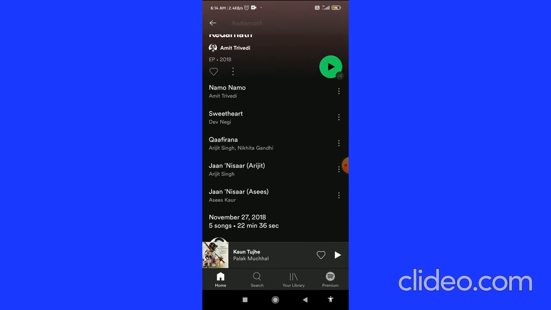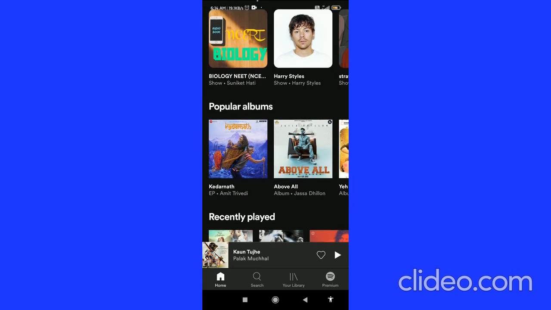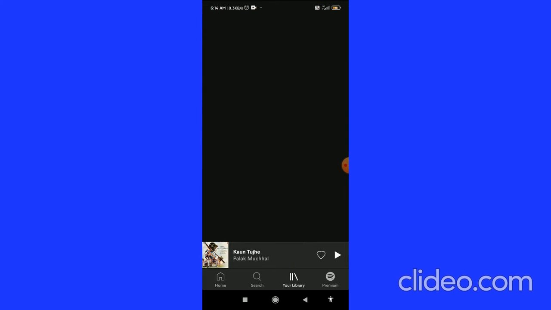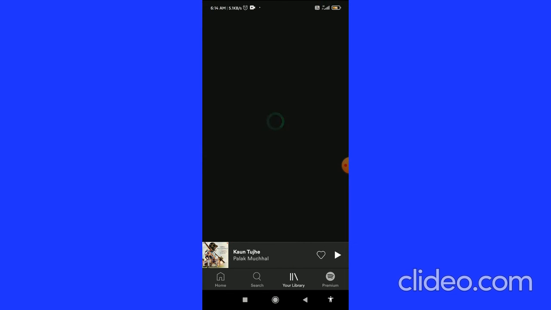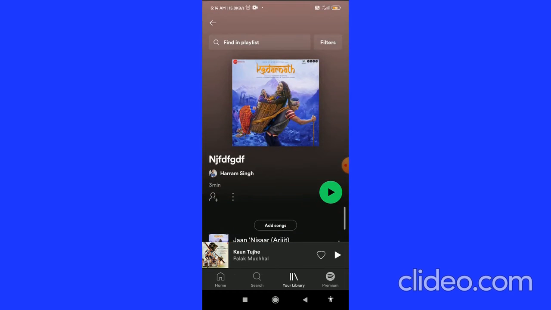Now there is some issue: if you add only a few songs to your playlist, meaning less than 15 songs, here you can see I have only one song in my playlist, so there will be a problem.